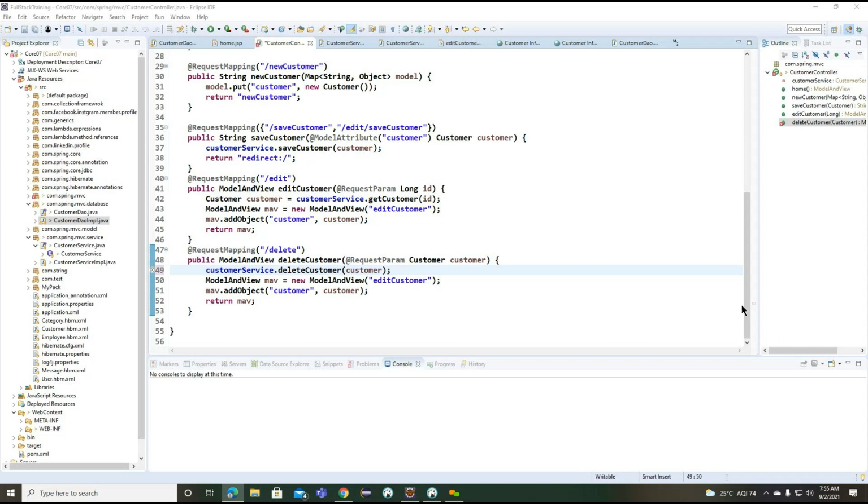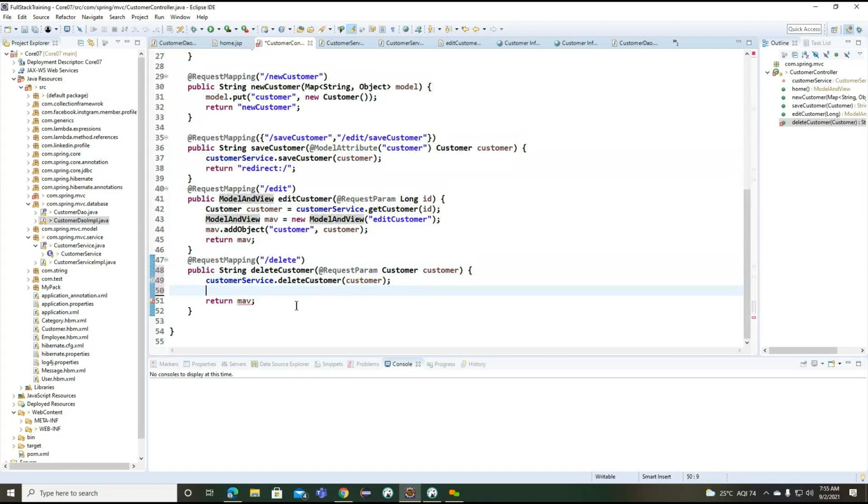Simply we'll delete and redirect to our page here. Getting the point? So we don't want the model objects and everything here. Simply return this. So this we need to implement here.